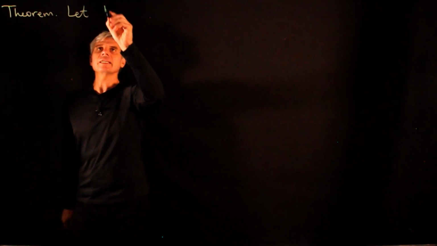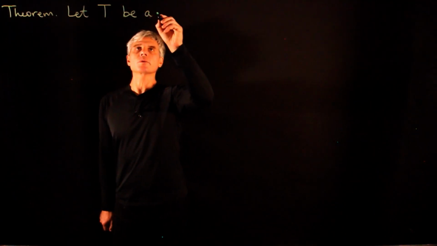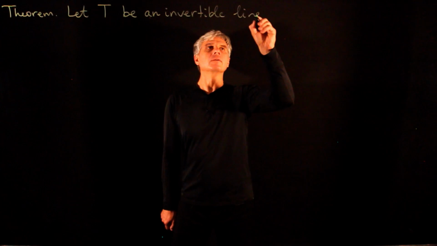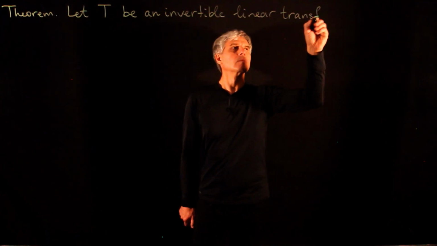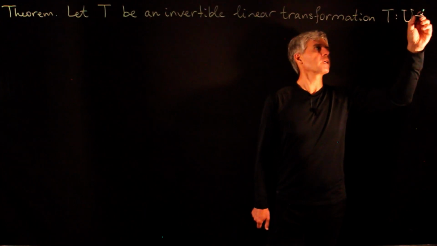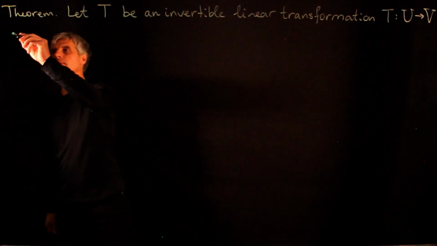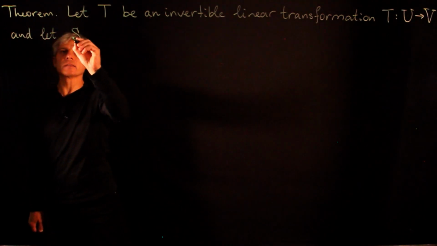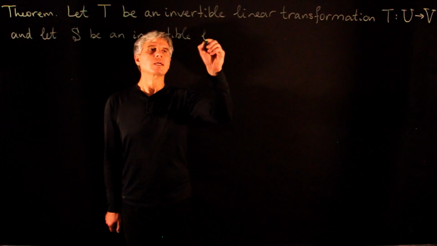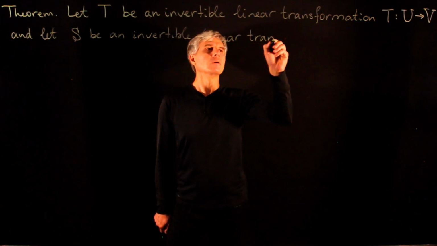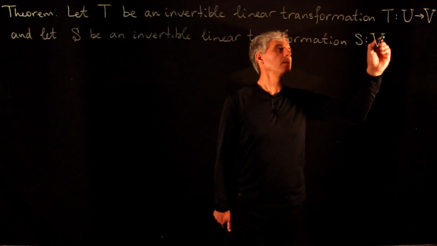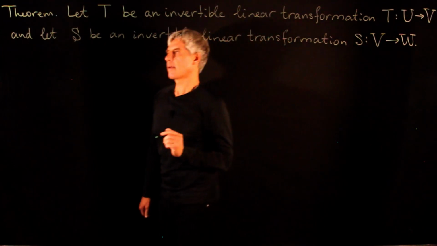So let T be an invertible linear transformation from the space U to the space V. And let S be an invertible linear transformation from the space V to the space W. Then,